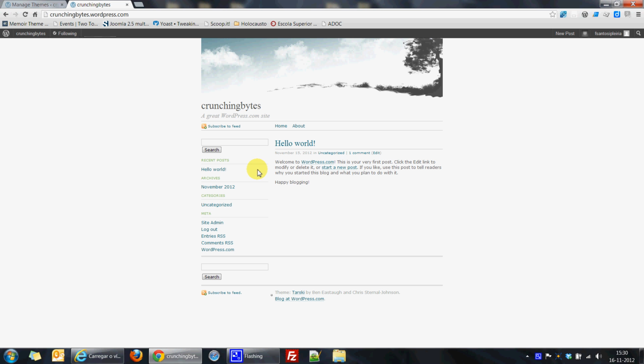And as you might see here, I have two different sidebars. I have one here on the left, and I will be having one here at the bottom. So this theme in particular, as you might see, comes with sidebars on the footer and on the left side. Okay, so